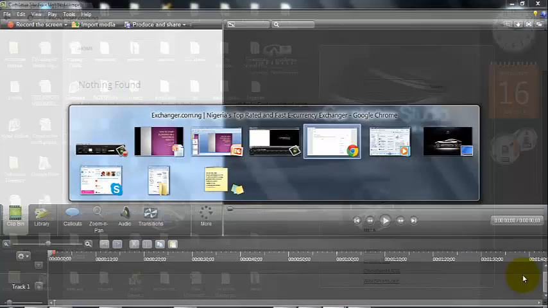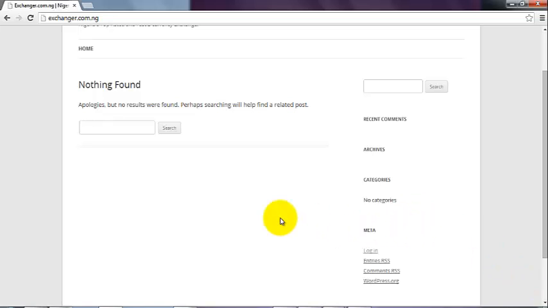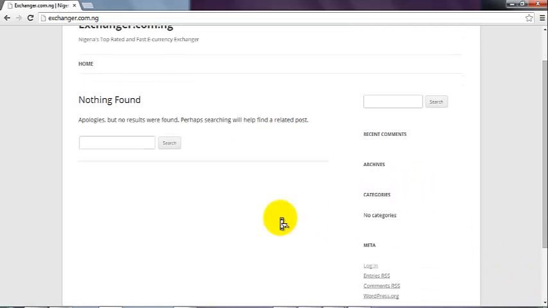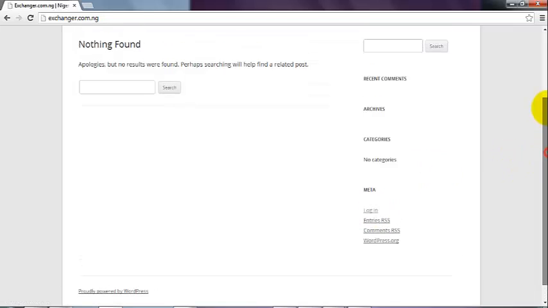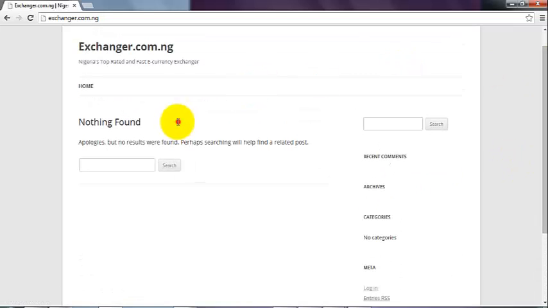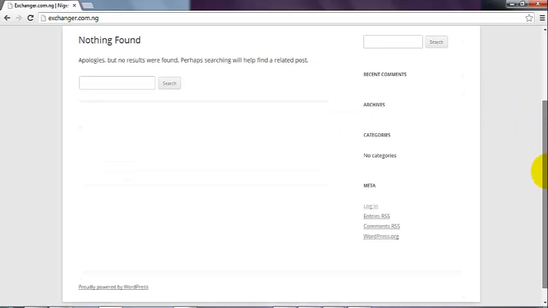look at our browser. This is a website with a fresh WordPress installation on it. So the first thing for us to do is come down here and log in. We need to log into the dashboard area of our WordPress website. So this is a new website. There's no contents there, as you can see. No post, nothing. So this is just a fresh WordPress